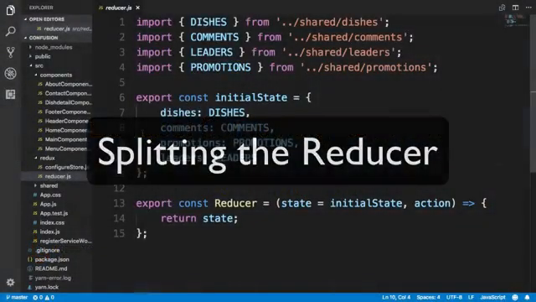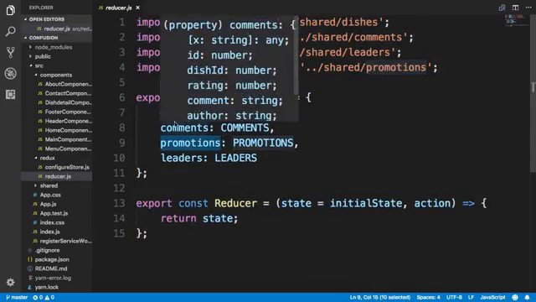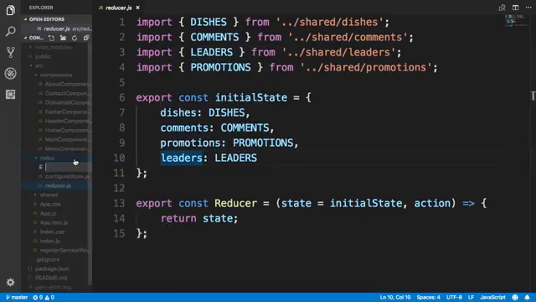To enable us to split the reducer into multiple reducers and then combine them together, taking a look at the initial state here, what we realize is that it is easy to split our reducer into 4 different reducers managing each of these parts of our state. So you have dishes, comments, promotions, and leaders. So I'm going to create 4 different reducers managing each one of these parts and then combine them together in our Redux. To do that, first we will go to the Redux folder and then create a new file